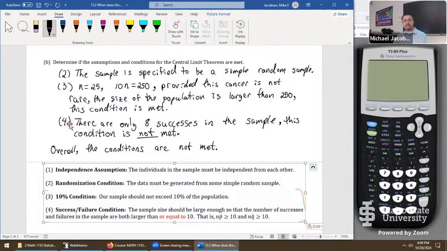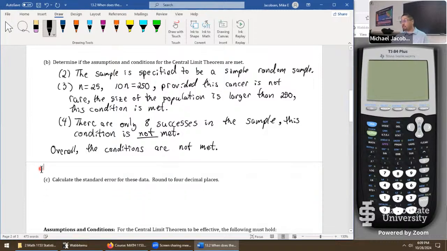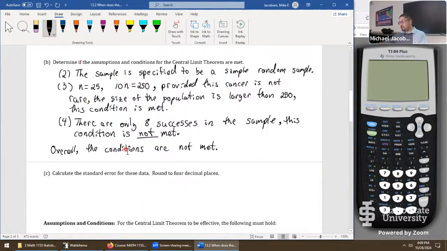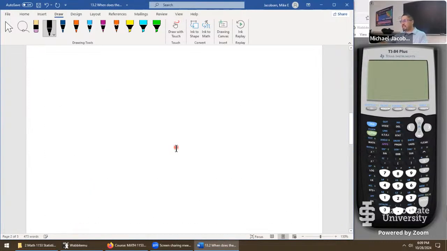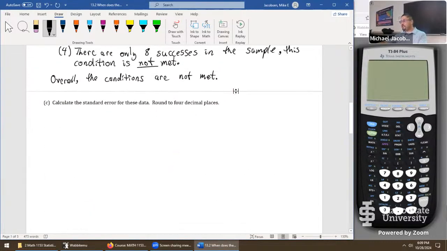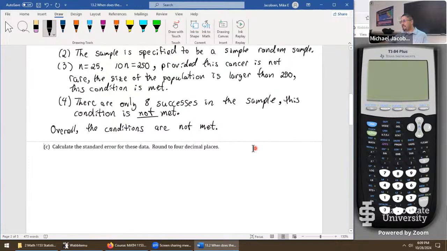Okay, just a reminder again, on quizzes and exams, we're not going to really directly comment on part 1, since again, you have to have really very intimate data on how the study was actually designed and executed. So let's now, I guess there's another write-up there, we'll just use that. Let's now do the last part and calculate the standard error for these data.